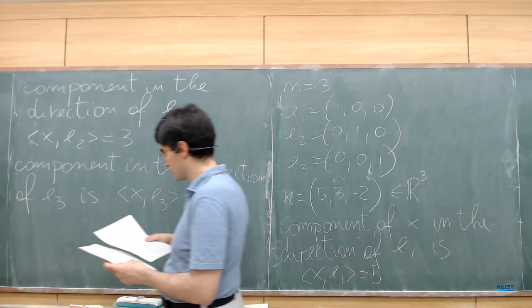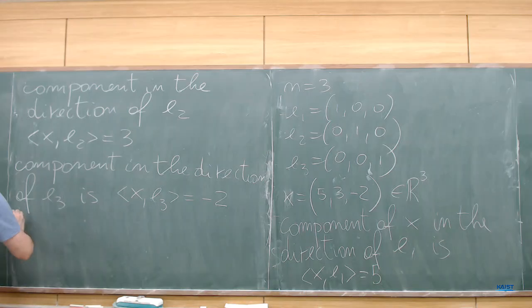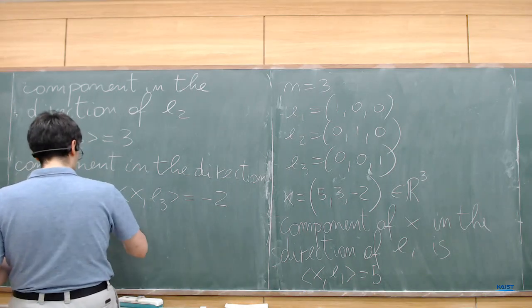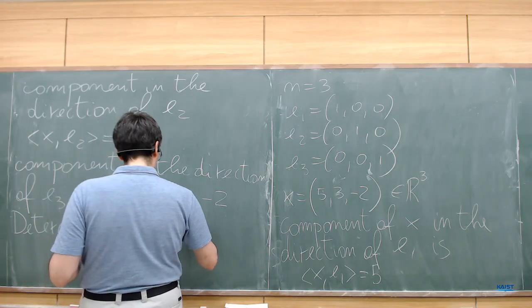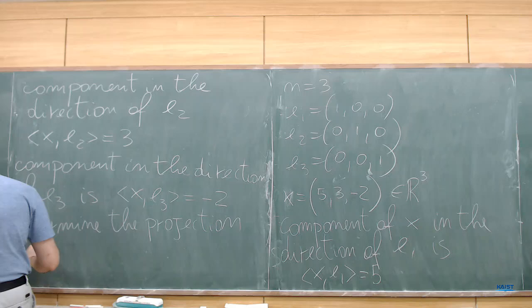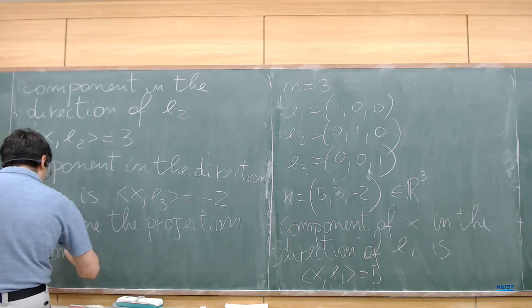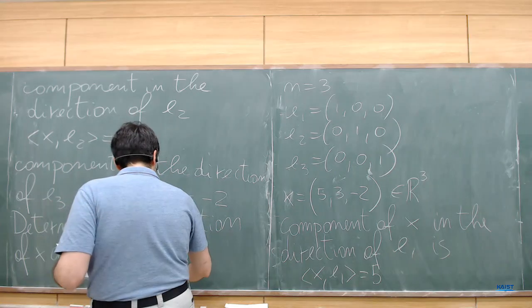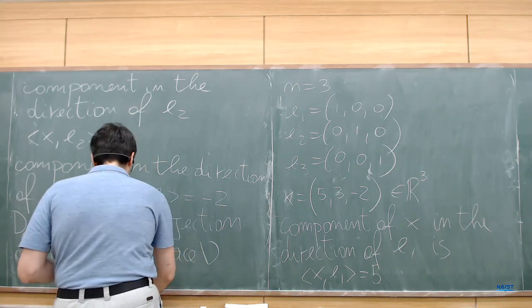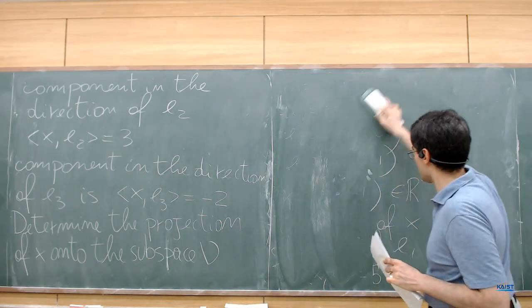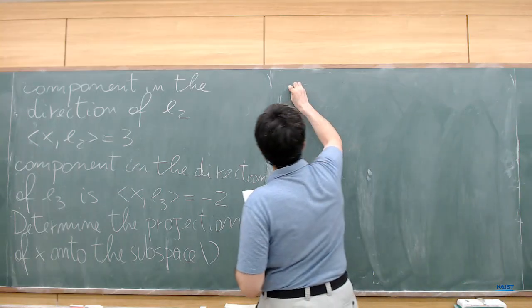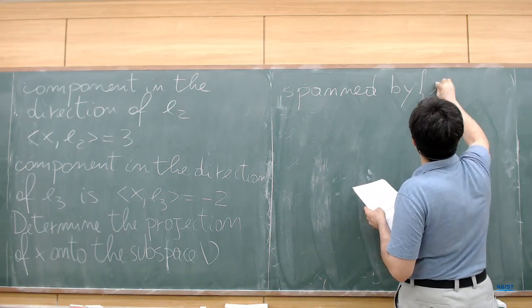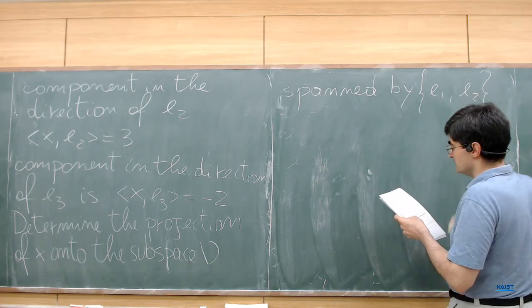And now let's try to determine the projection of x onto the subspace spanned by E1, E2, and this is given by